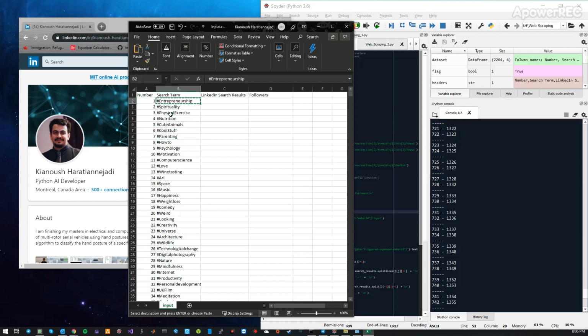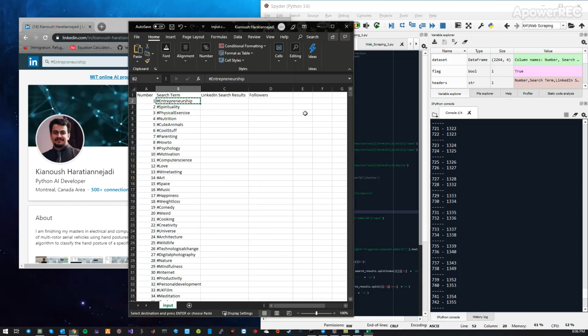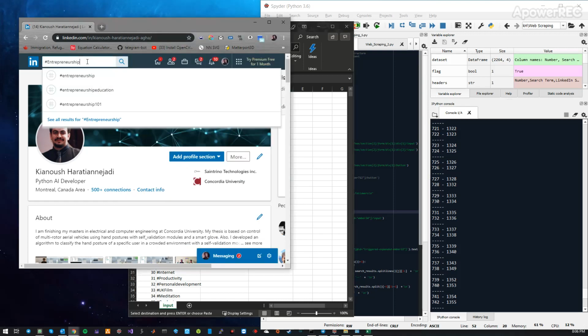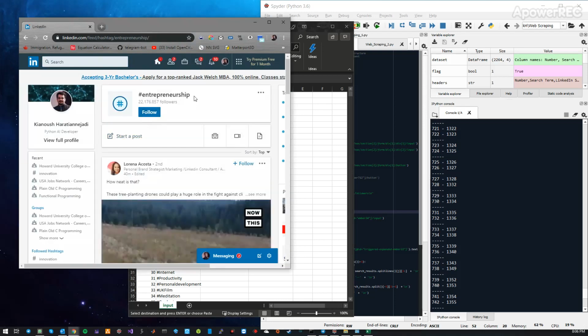For example, this one. If you just search it here without any entering and anything else, it has three other hashtags. We're going to find all the hashtags for all these keywords, and after that we are going to find the followers for each hashtag. For example, this one, for the first one we are going to find this hashtag and the follower number for